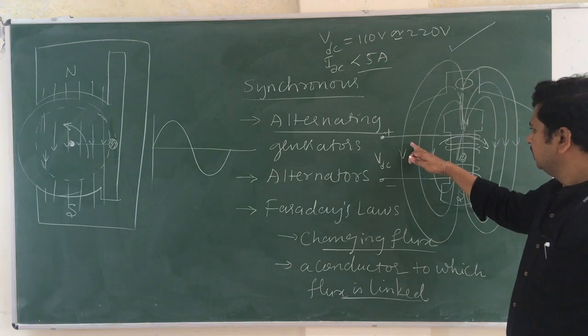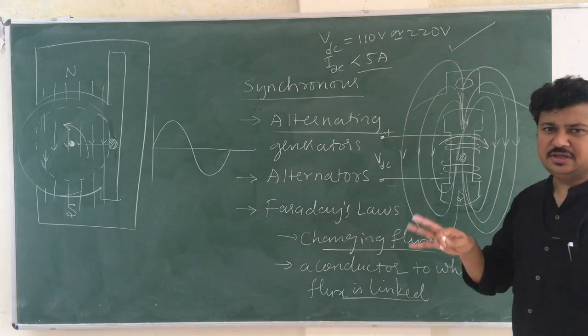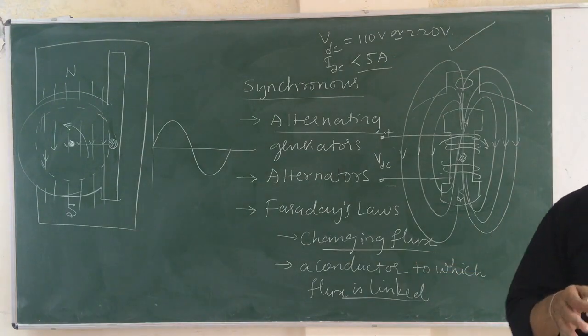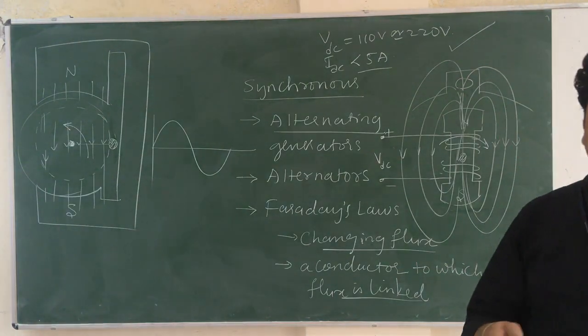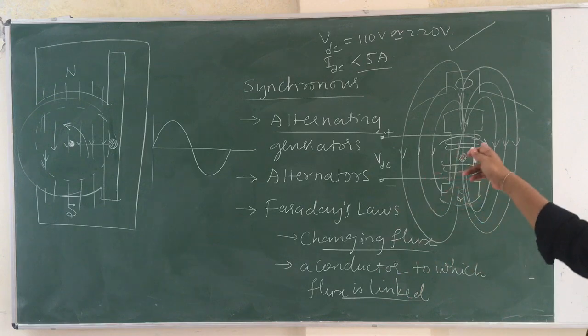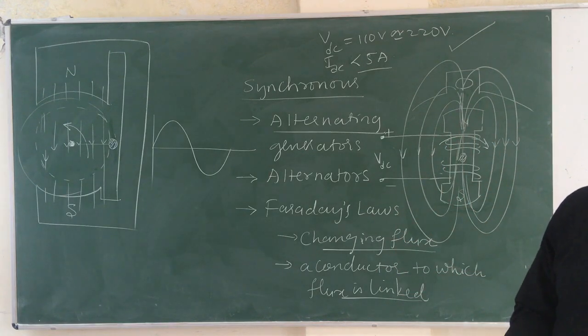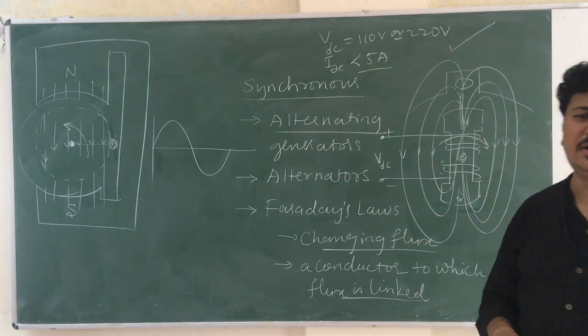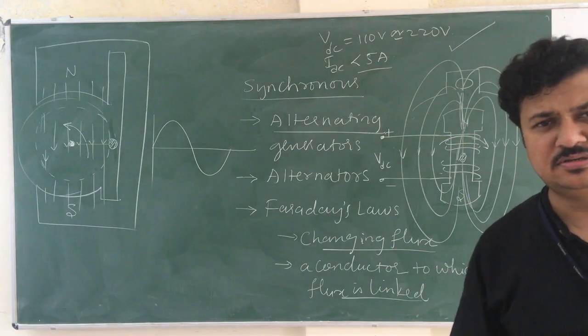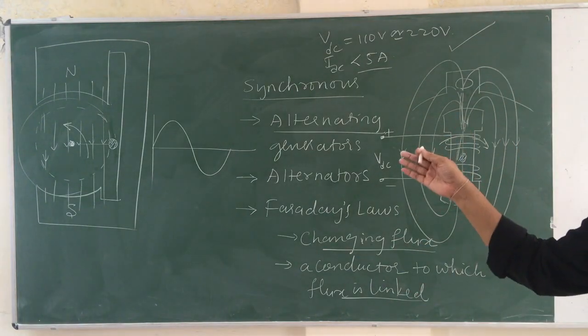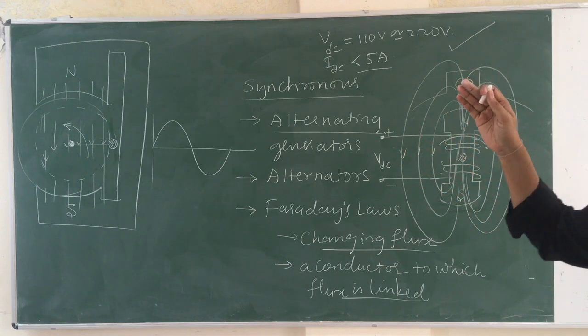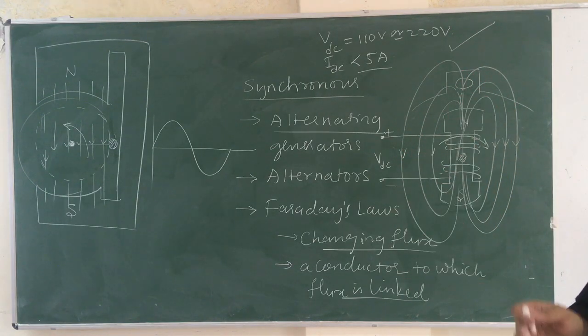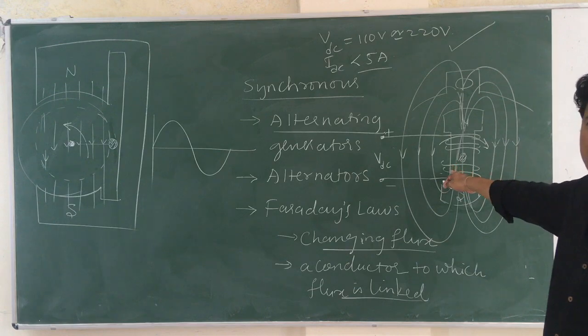Now, it is extremely easy for me to collect the large amount of current and voltage from the stationary part than in the rotating part. Okay? So, because the field voltage requirement is only 220 volts, okay, or 110 volts DC with current not more than 10 amperes, it is extremely easy for me to provide.